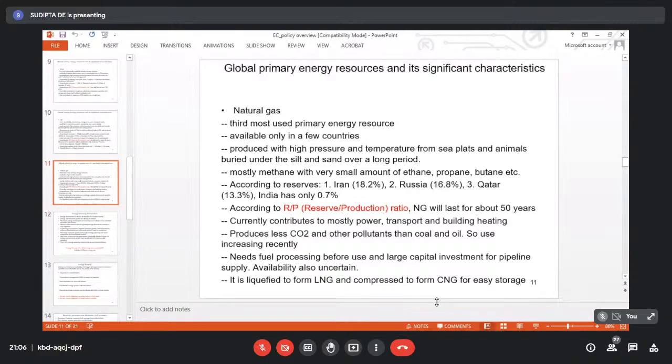not like coal. And the origin of that oil or gas being distributed into only a few countries depends on the source, because under the land, plants being submerged and formed into coal, that has happened in different places. But under the sea, it's a proven fact that the formation of oil and gas could not happen in many places. So you can expect that those places from where you are getting the gas and oil, several years ago they were under the sea. Then these have become land areas, and in the meantime they have got their natural gas